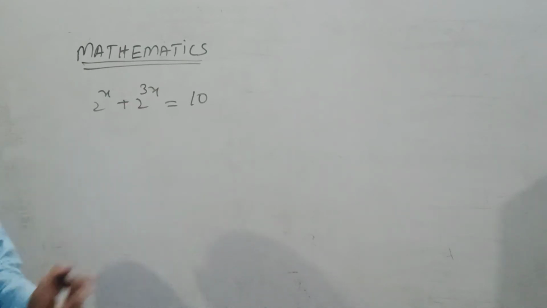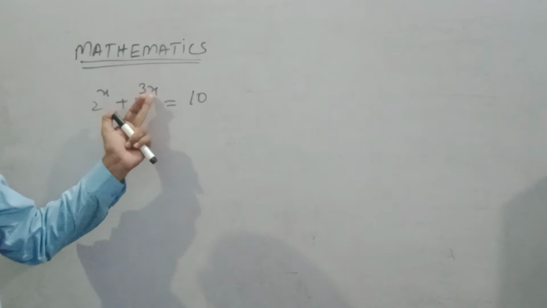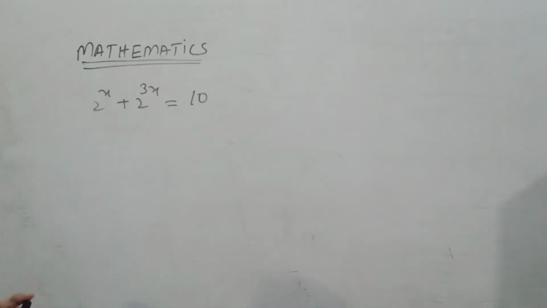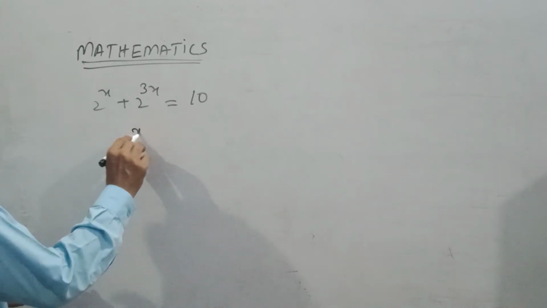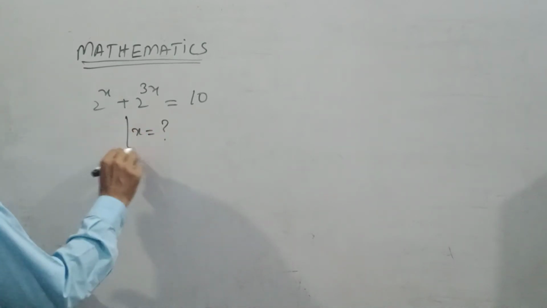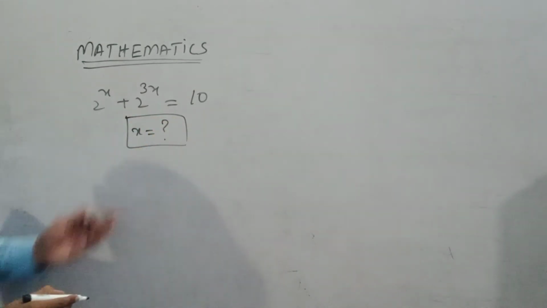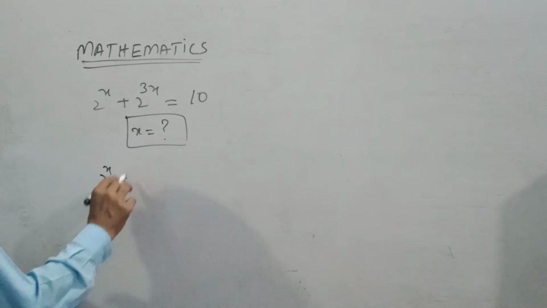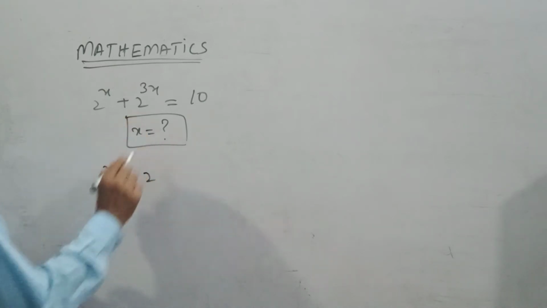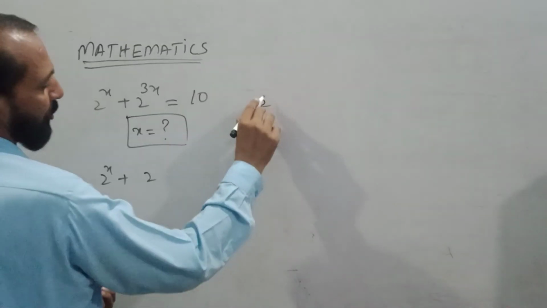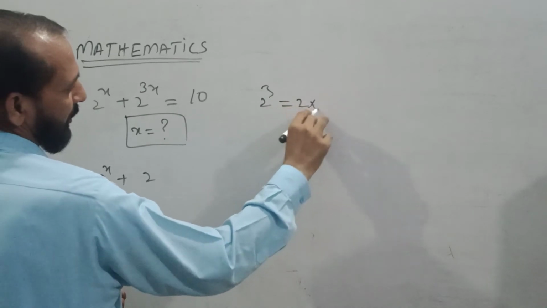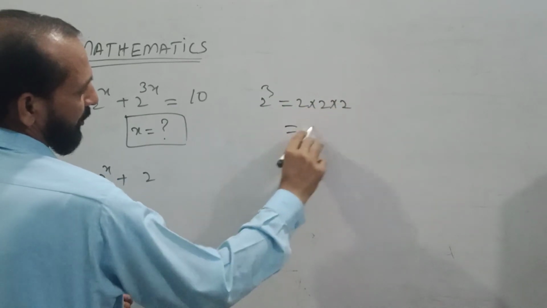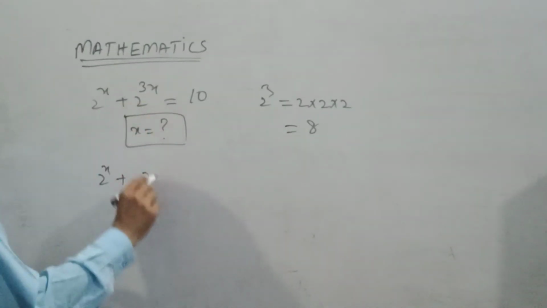Now we have to start with 2 raised to power x plus 3 raised to power 3x is equal to 10. We have to find the value of x. So we can write it as 2 raised to power x. You know 2 raised to power 3 is equal to 2 cross 2 cross 2 is equal to 8. So we can write as